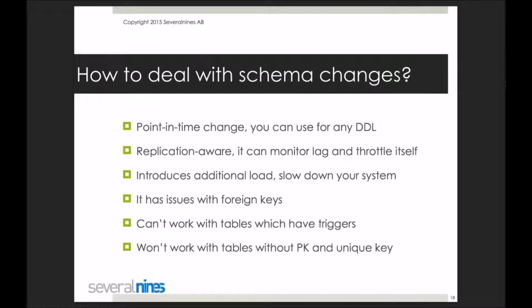Definitely this tool introduces some additional load because of the triggers which need to be processed, and because of this additional job that runs those inserts and moves the data from old to new table. It has some limitations when dealing with foreign keys. Basically, if the tables linked using the foreign key are large, then you may still be facing a problem with the replication